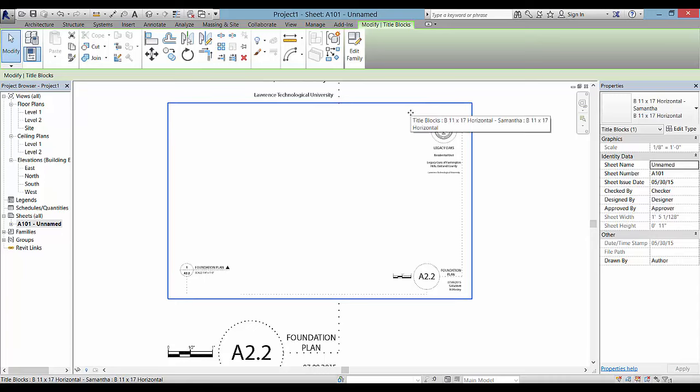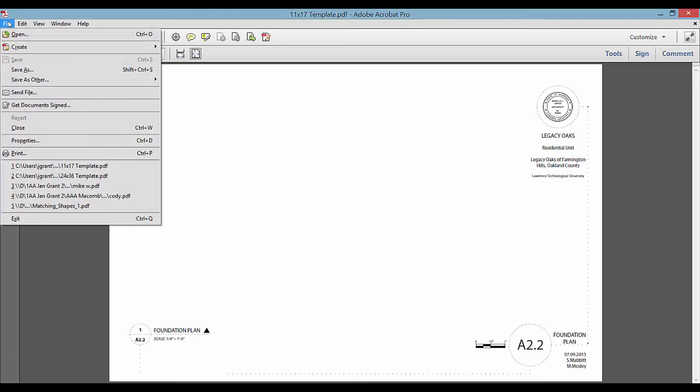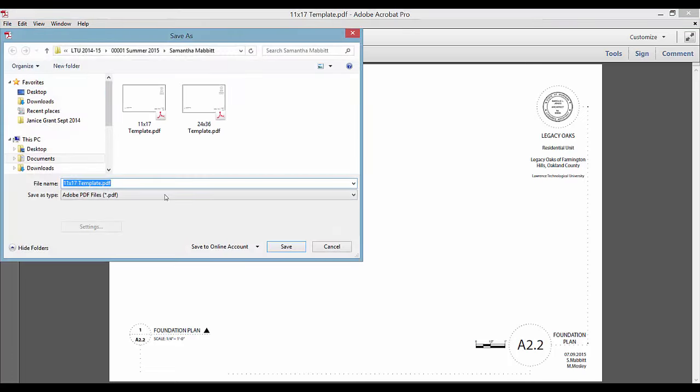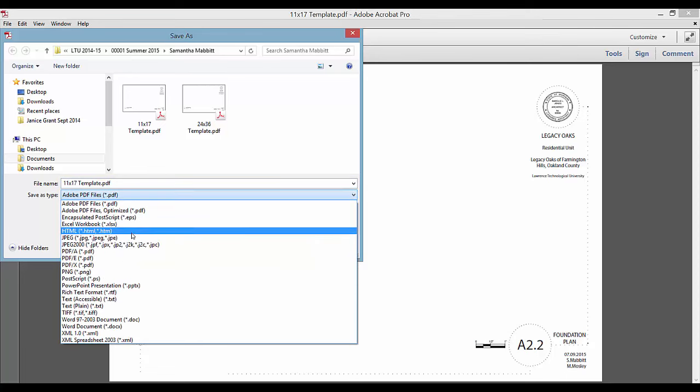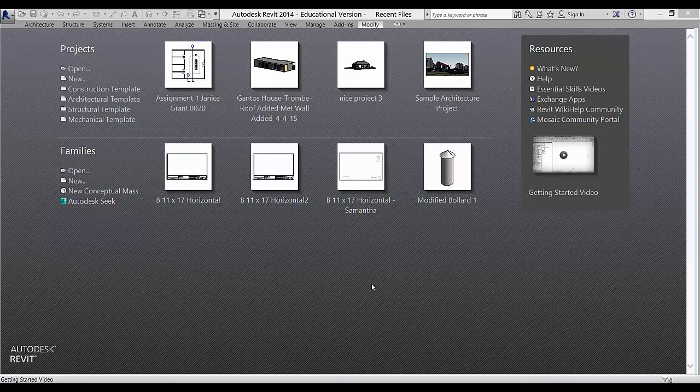And then when you bring it into the title block family and create your own family from that, you'll have all of this space to work with to bring your views in, and then you won't have the image in your way. So if you want to go in this direction, you can save the PDF here as a JPEG file, and then in Revit you have a choice between